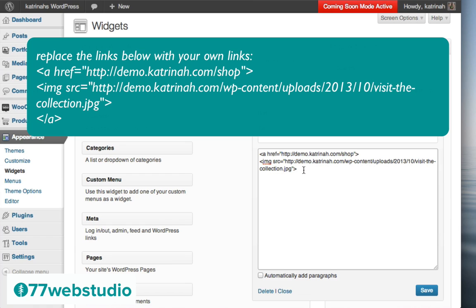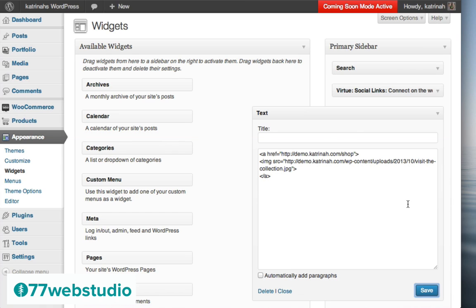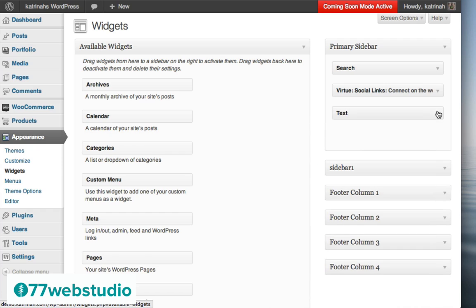At the end of the code, we need to close out the link. So I'm just going to also add a closing bracket right there, which is a bracket, a forward slash, an A, and then the closing bracket. So this is what the code looks like. I'm just going to click on Save to save this code. Okay, once we have this all set, I'm just going to close that for the moment.